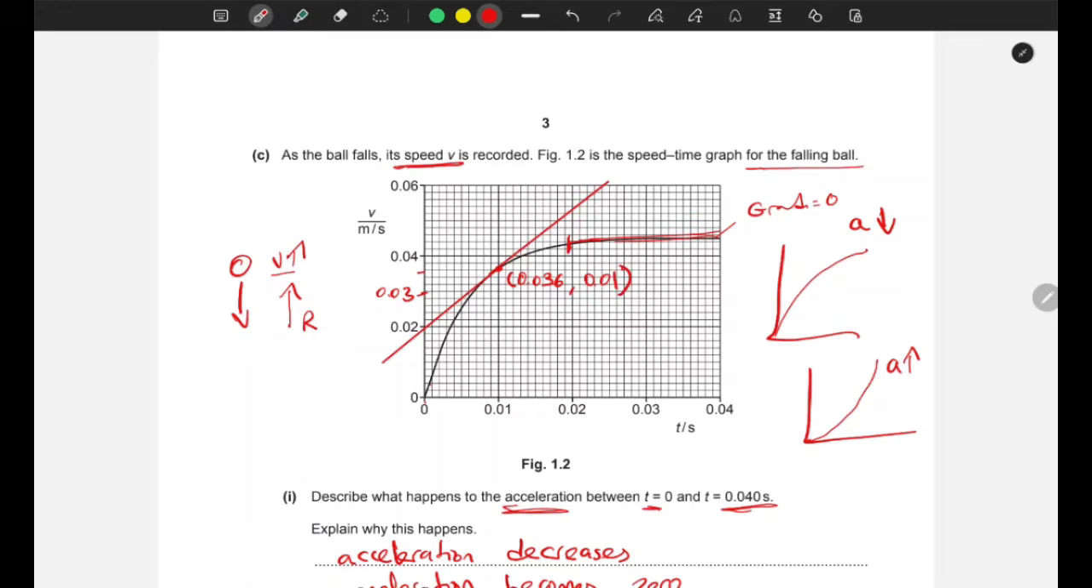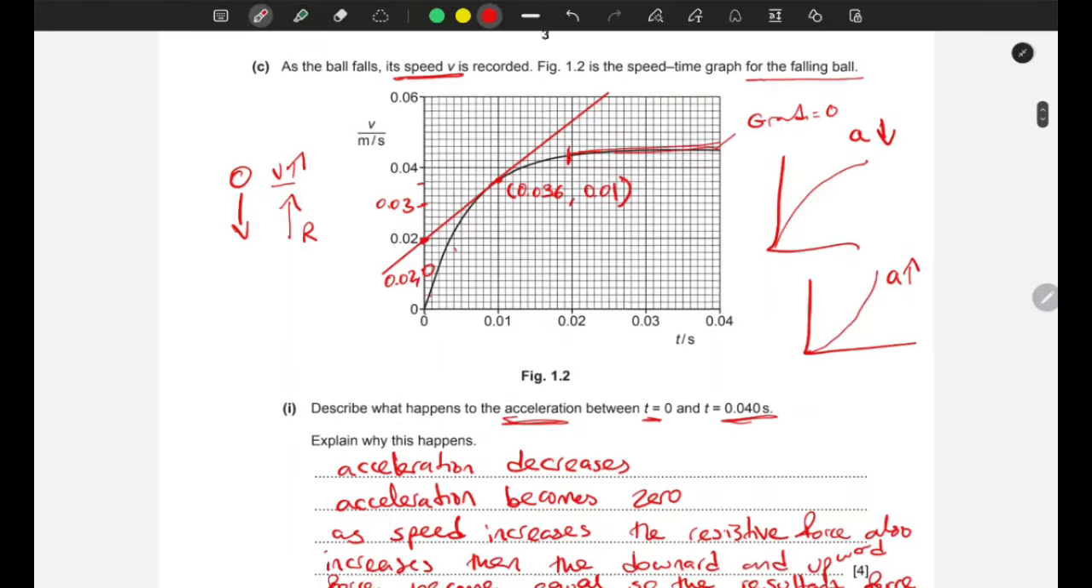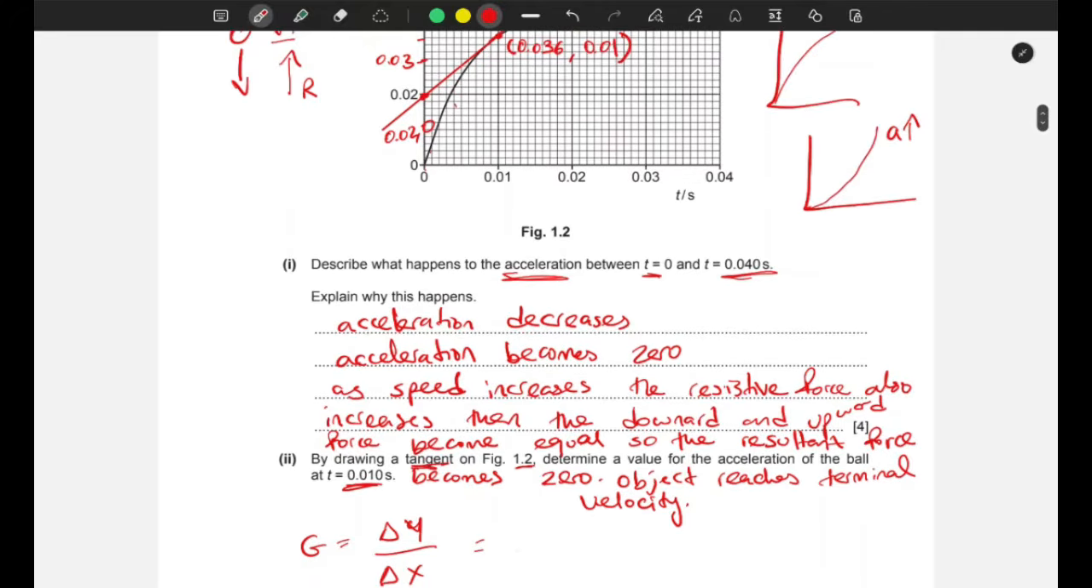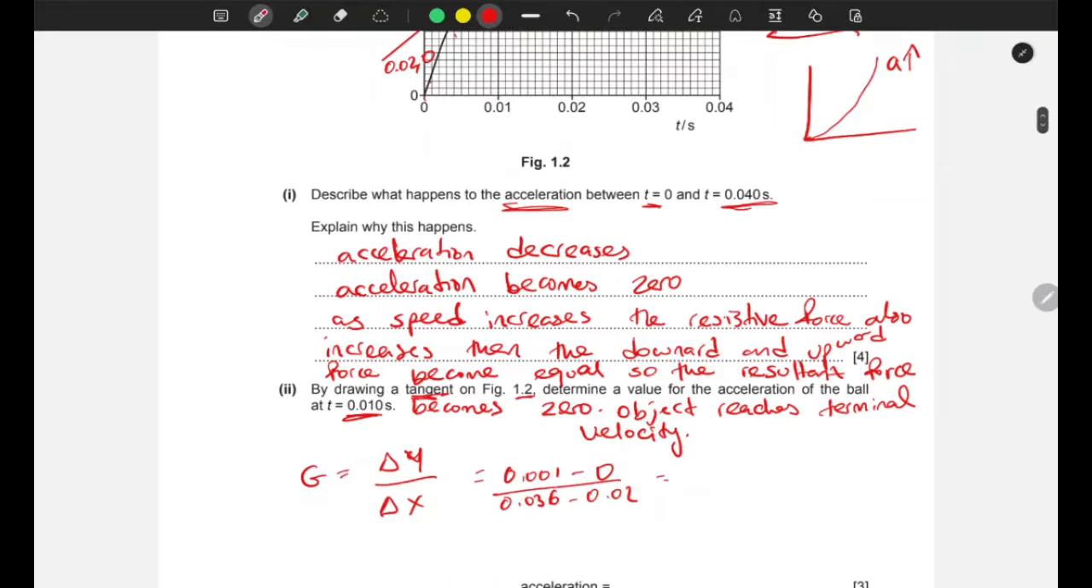We can take this line, actually. This would be very easy, which is 0.02, comma 0. Now we take these 2 points to find the gradient. So it's 0.001 minus 0 over 0.036 minus 0.02. So that would be